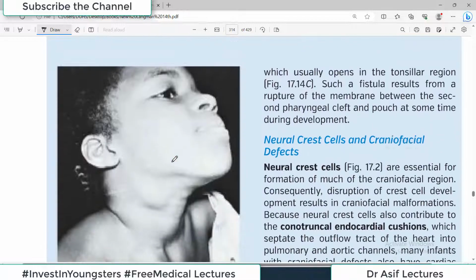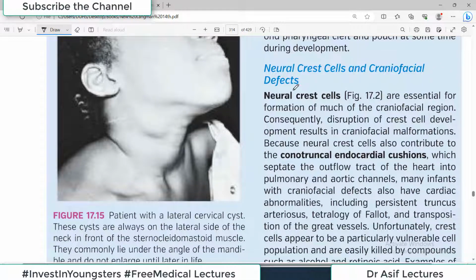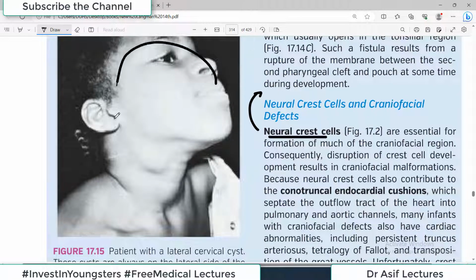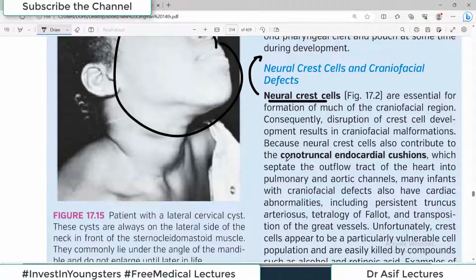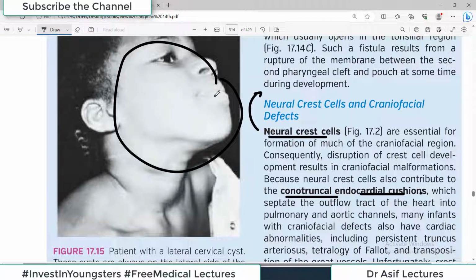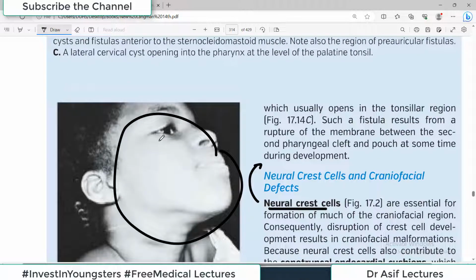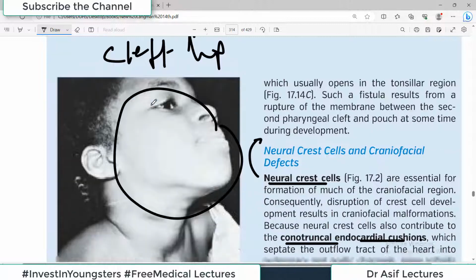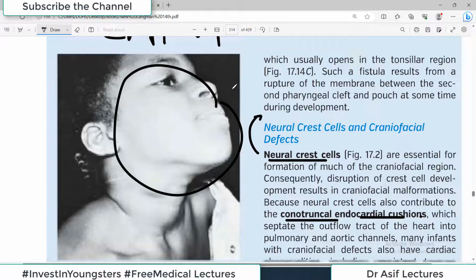Okay, then there is a comment that I have to make about the neural crest cells. देखिए न्यूरल क्रेस्ट सेल्स जो हैं दे आर हैविली इन्वॉल्व इन द डेवलपमेंट ऑफ क्रेनियोफेशियल फीचर्स, और ये न्यूरल क्रेस्ट सेल्स जो हैं दे आर ऑल्सो इन्वॉल्व इन द कोनोट्रंकल एंडोकार्डियल कुशन फॉर्मेशन विच सेपरेट्स द आउटलेट फ्रॉम द हार्ट। सो बेसिकली पॉइंट मेरा ये है कि अगर कोई पेशेंट आपको क्रेनियोफेशियल एब्नॉर्मेलिटीज़ के साथ आता है, से फॉर एग्जाम्पल अ पेशेंट विद क्लेफ्ट लिप या अ पेशेंट विद क्लेफ्ट पैलेट, अगर इस तरह का पेशेंट आता है तो आई विल ऑलवेज सस्पेक्ट कि इस पेशेंट में कार्डियक